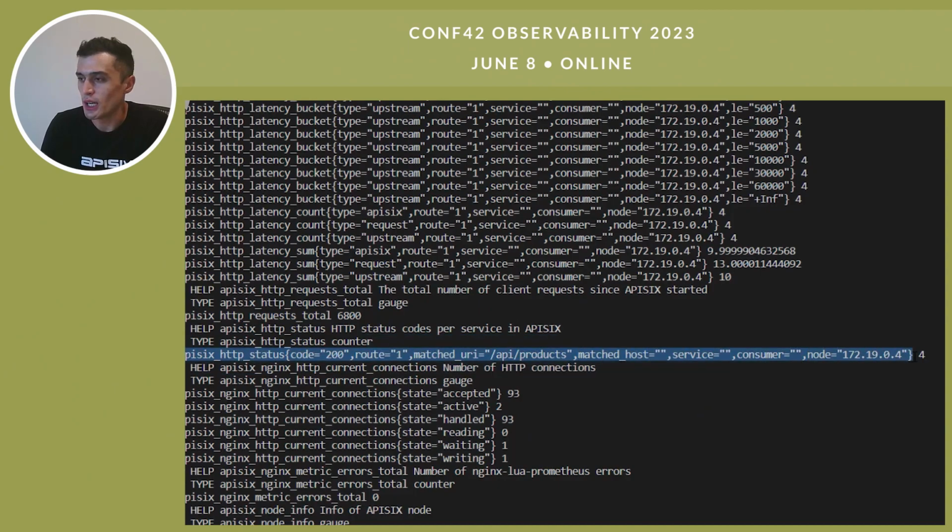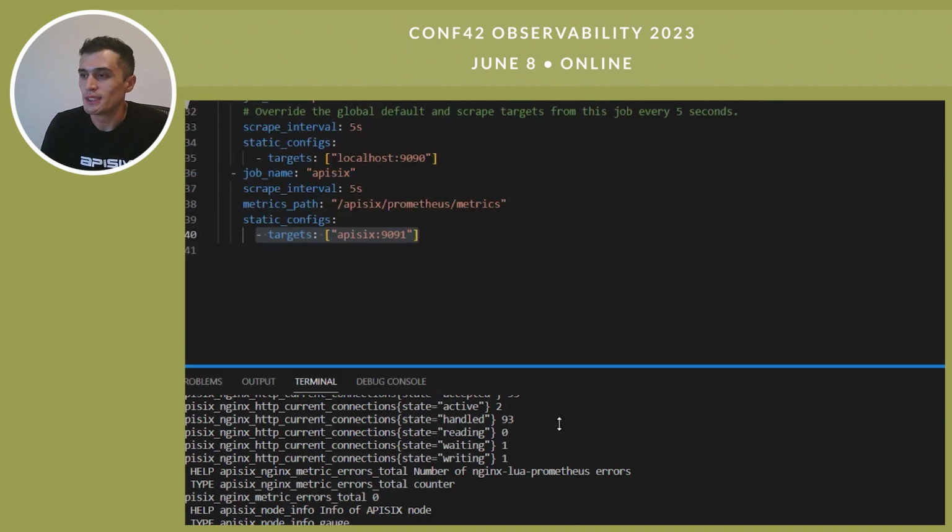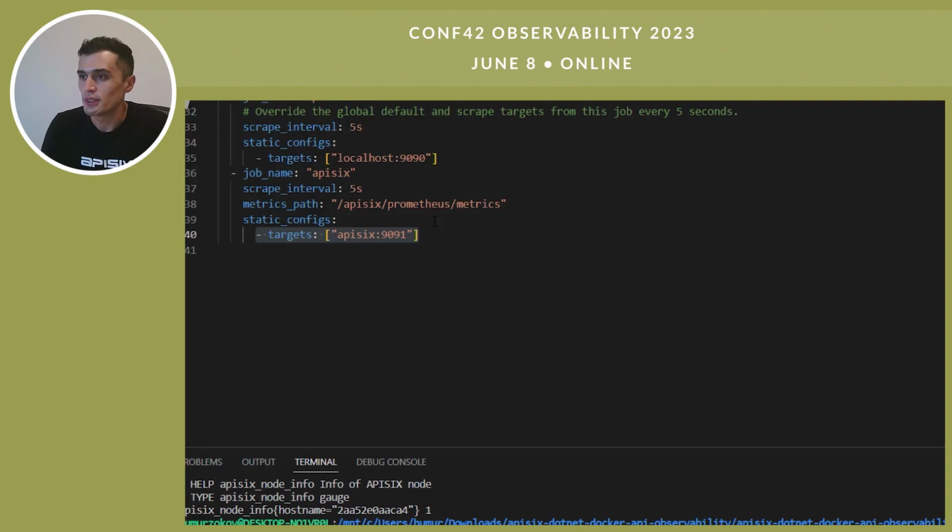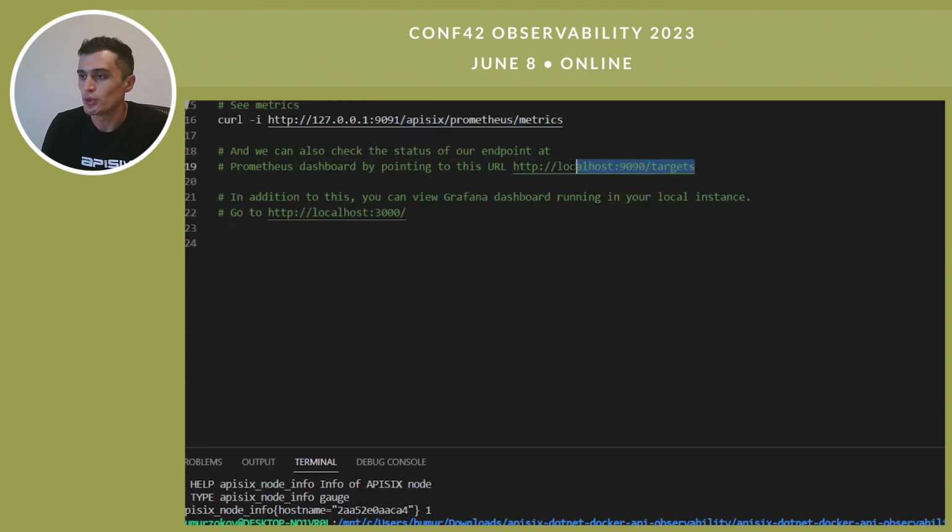That's actually our call when we did this /API products call, and as you can see, it's collecting some HTTP code information, and also route number, and raw node IP address, like from which node this request was sent. Also, we can visually see these metrics by going to